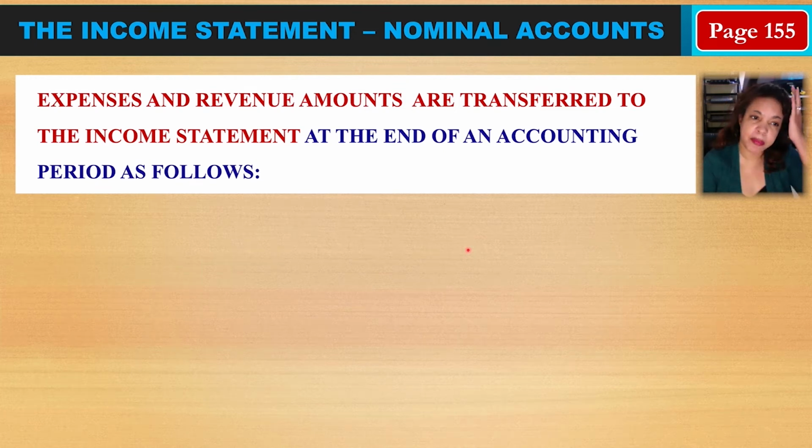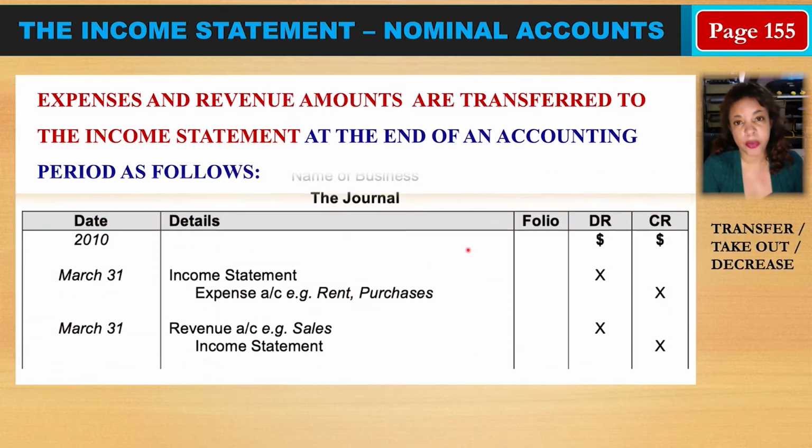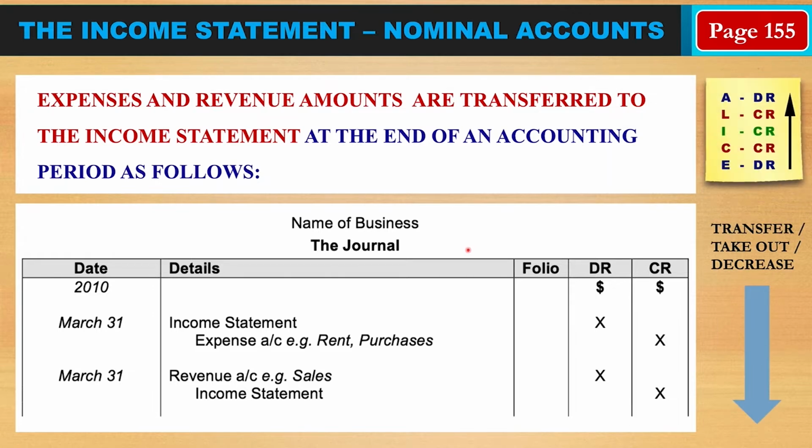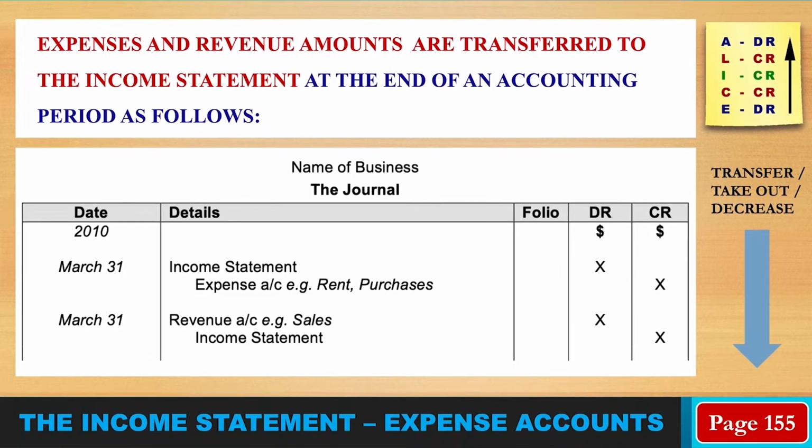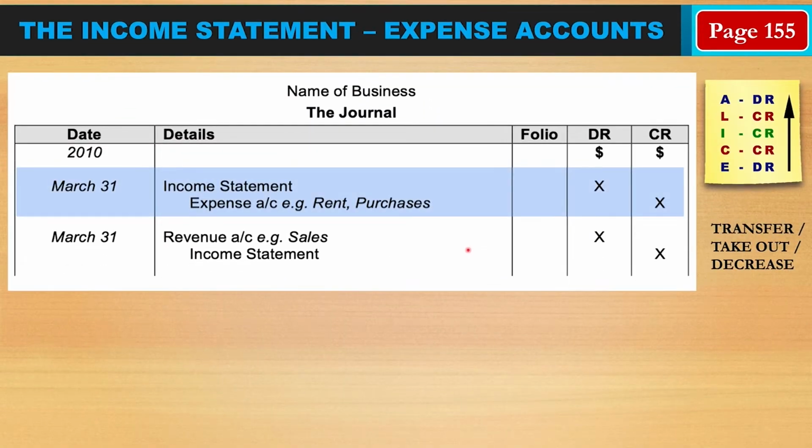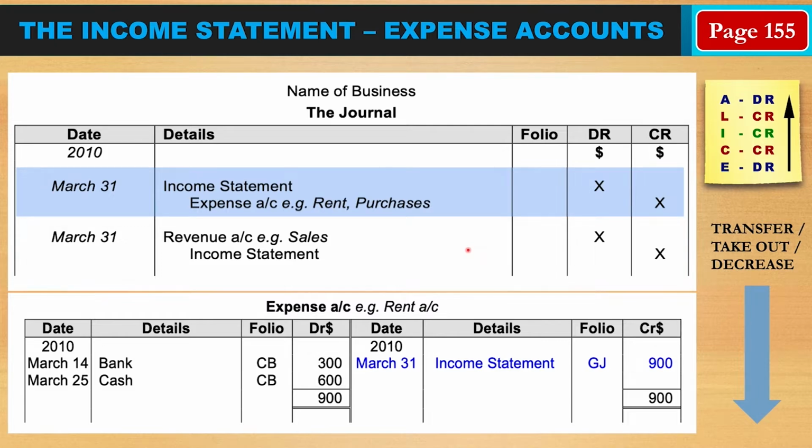So as we said before, expenses and revenue amounts are transferred to the income statement at the end of an accounting period. And this is how it is done. Remember our accounting cycle, we have our journal first. So you enter in the general journal at the end of the period, and for expense accounts, you're transferring, and to transfer means to take out something. So that means you're going to be decreasing the amount. So here is the only time, or the main time, only at the end of a period, which we credit